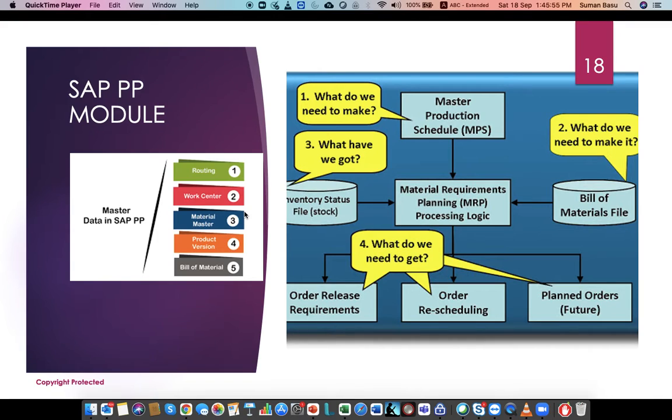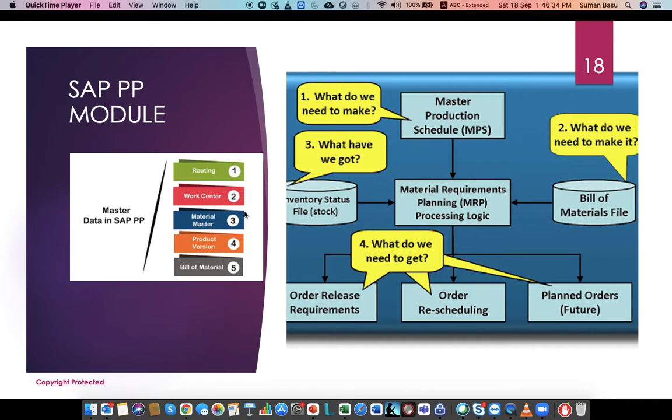And then there may be another machine which will do all the screw collection and put them in a box, and one box of screws will be ready. And once the box is ready, there may be another machine which will put the packaging on that box, which will put the tape on the box, and the box is now ready for delivery. And we know now I have a box where 100 screws are available. Now whatever process I have told you, these processes determine that some machine has to do some function in a particular given sequence. So on the shop floor, routing does that activity.